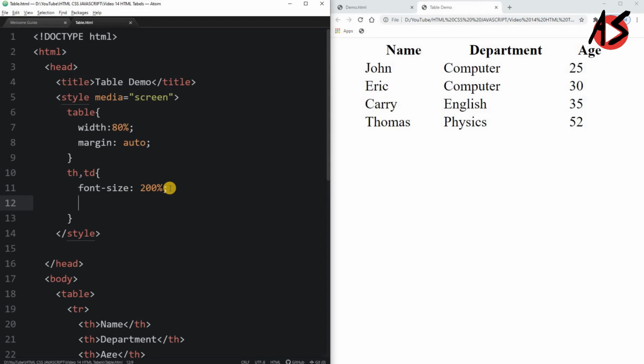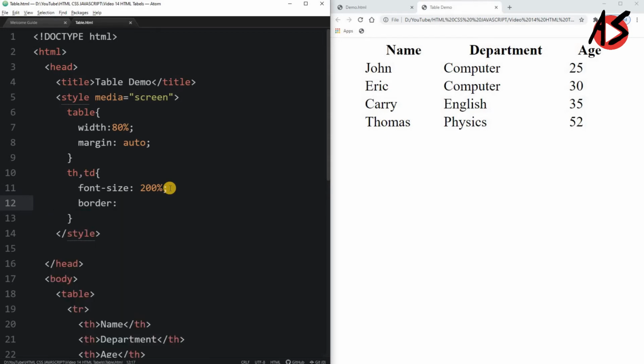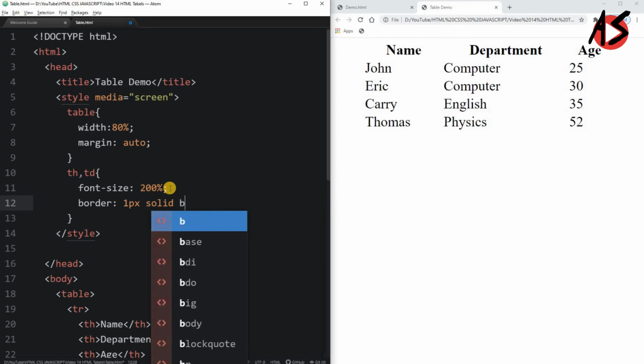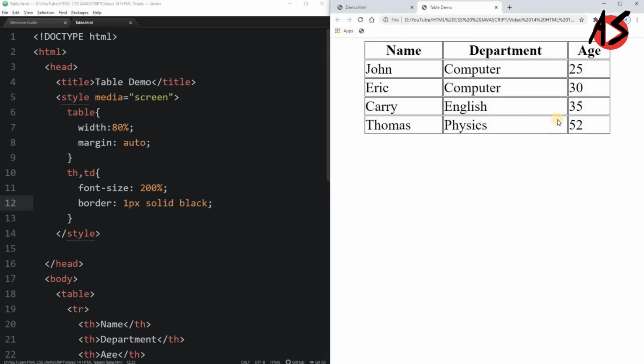So we will write the border that is 1 pixel, solid, and color black here. And then we will refresh the page. You will get the cell border here and header border as well. So now it looks more beautiful rather than the earlier one.